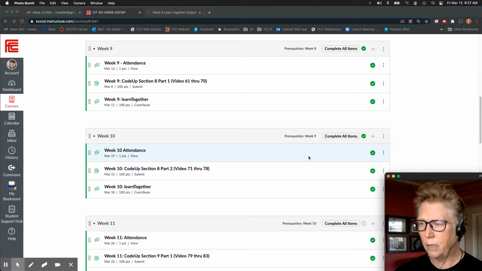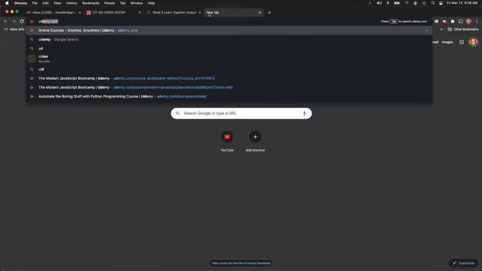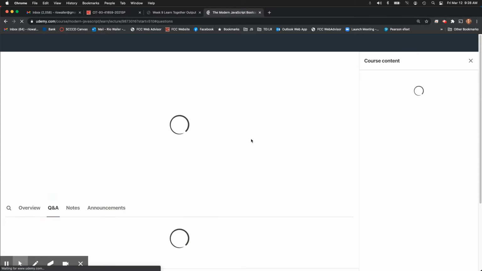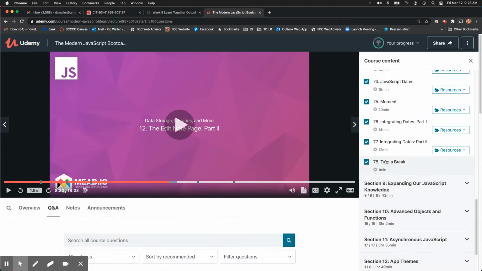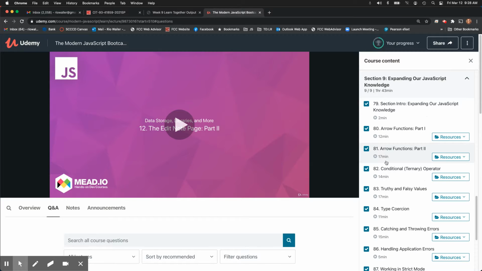And next week, and here's the other thing I want you to keep in mind, when you finish week 10's coding and then week 10's Learn Together, pretty much you have everything you need to work on Dev 1. What you learn in section 9, if I was to just pull up, it'd be good for me to validate what I'm thinking here, because sometimes I remember wrong. It does happen sometimes. But in here, yeah, week 9, section 9 is all about